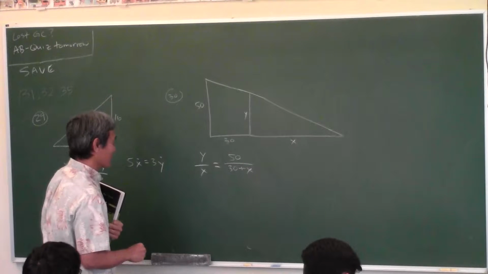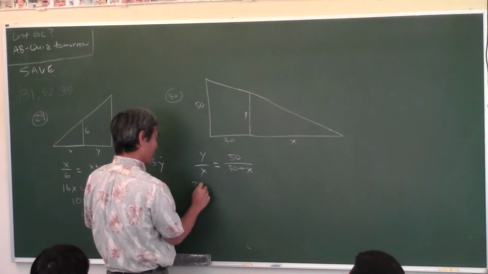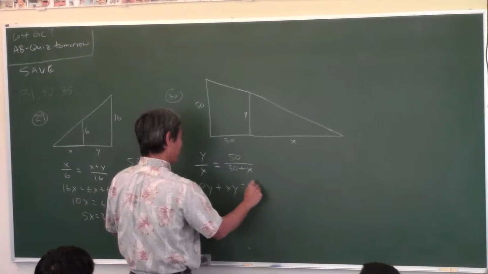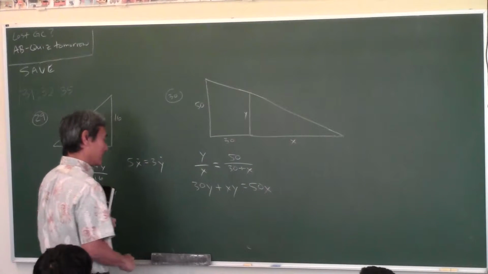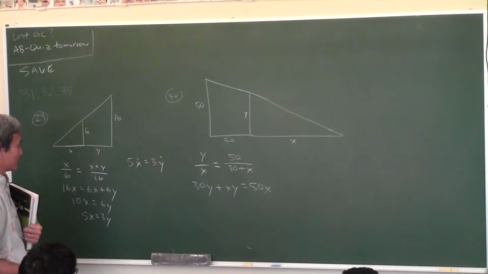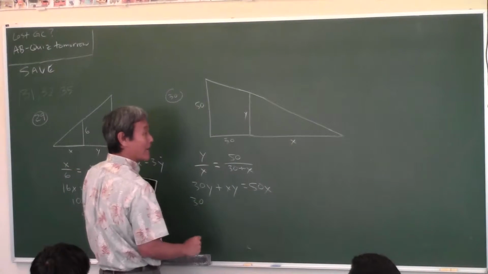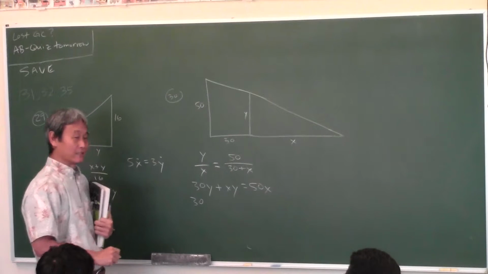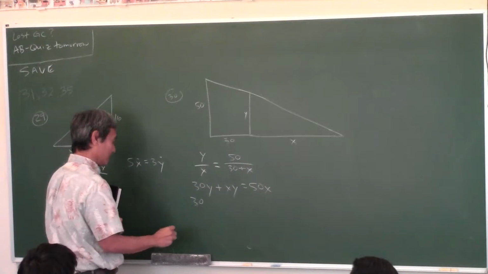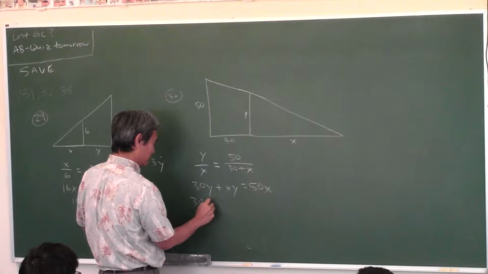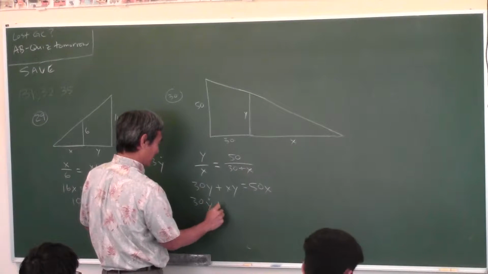Tidy. Okay, so cross multiply. 30y plus xy equals 50x. And you can't combine anything, so let's just take the derivative. You guys are gonna do this. Take the derivative, Simon. 30y, and then the y with the dot. 30y dot, plus